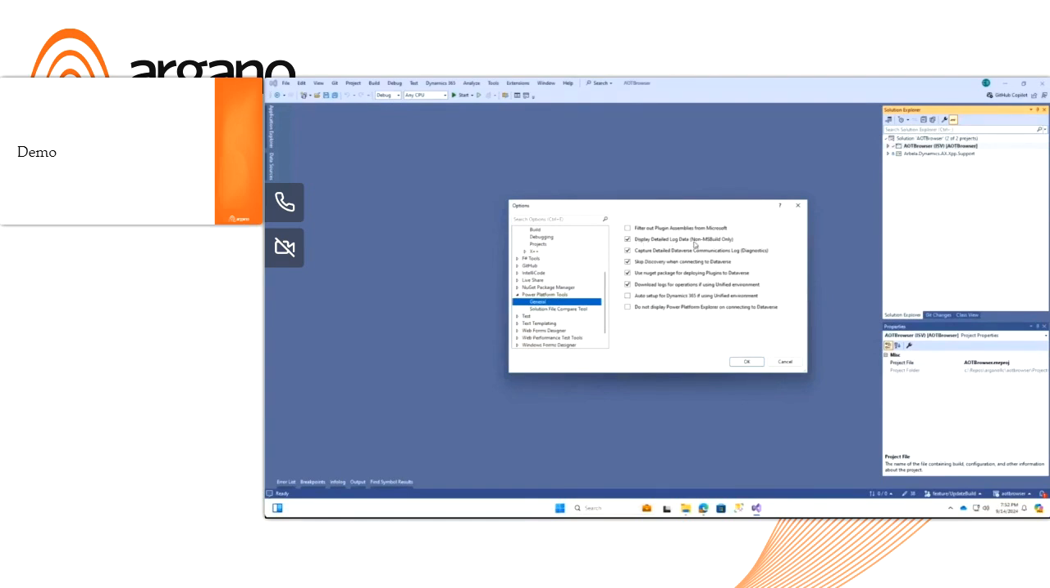Basically, some of these are about logging, and in my opinion, most of the time, the more logging, the better, so I can see what's going on. So we've got display detailed log data. We've got capture detailed Dataverse communications logs. We've got skip discovery when connecting to Dataverse. This is why it asked me for a URL at the beginning. If I had this turned off, then it would actually give me a list of environments that I could connect to. But I just prefer to go ahead and put in the URL myself,